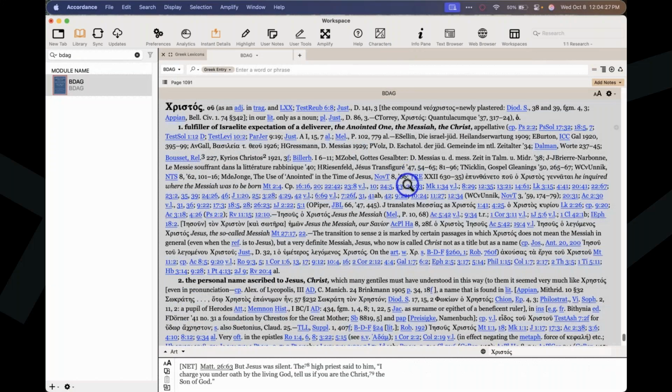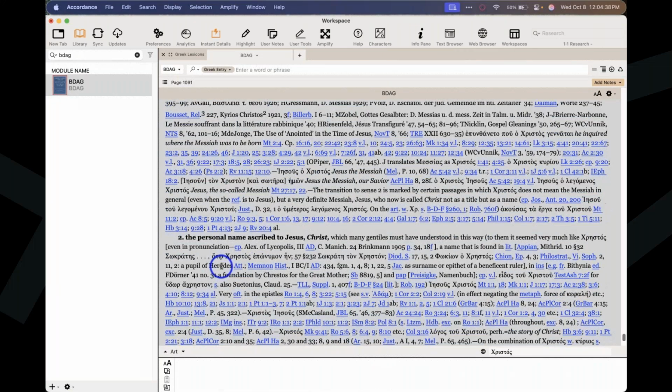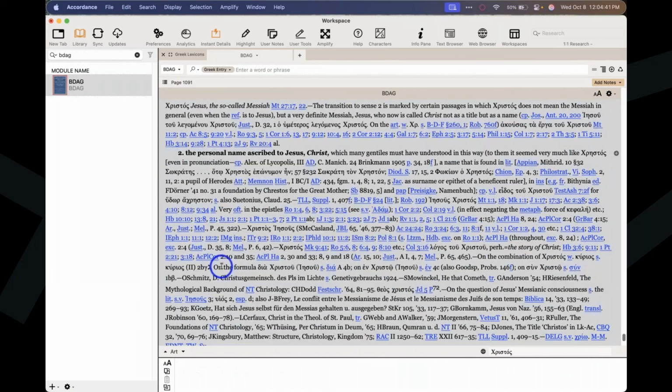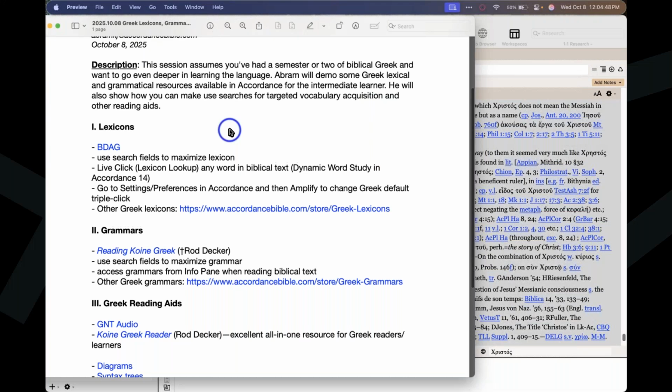You'll see there's a lot of New Testament references here, not surprising. But as you go on, you'll also find references to things like the Apostolic Fathers, Septuagint references, and other Christian literature. But we're going to start with BDAG and use that as a way into this session with